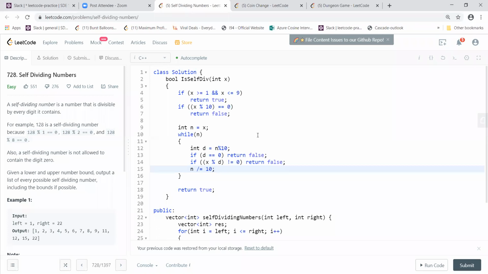Yeah. For this question, maybe I can transform the number to a string and iterate the whole string to get each digit in the number. Yeah, that's also a nice approach. Converting to a string, and then it will be easier to access the digits rather than dividing it. Yeah. Log k doesn't make much difference here, I think,